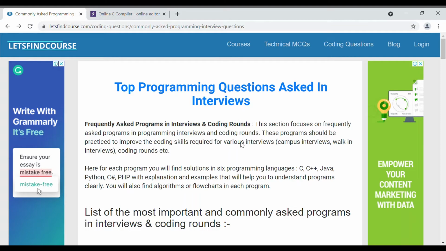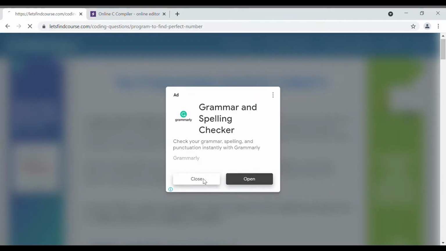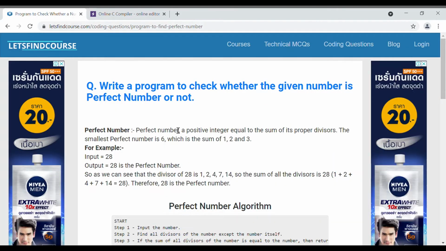So today we are going to see our next question, that is a program to find a perfect number. So guys, let's start. Firstly, we have to understand what a perfect number is. Basically, a perfect number is a number whose sum of all proper divisors is equal to the